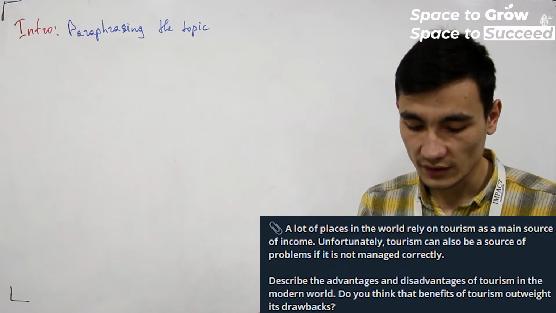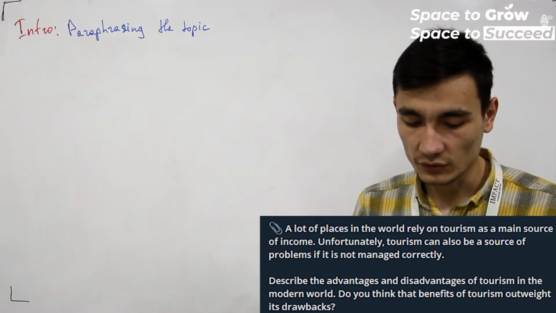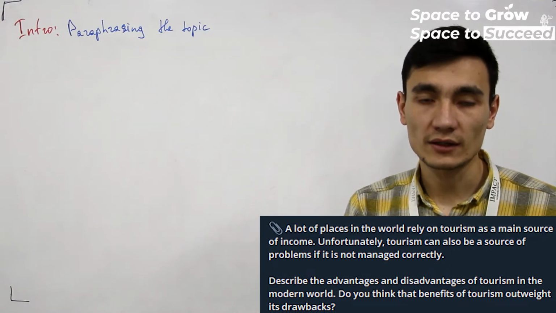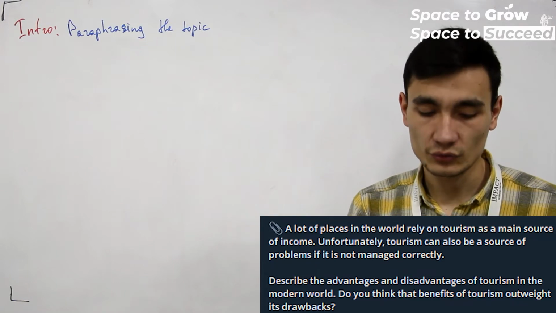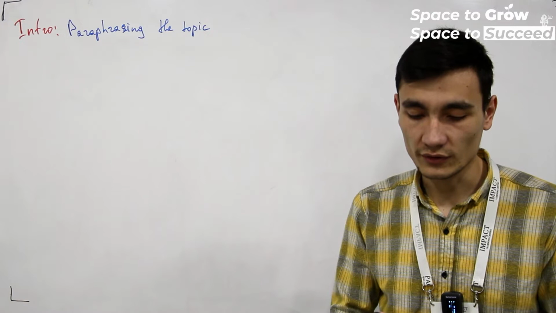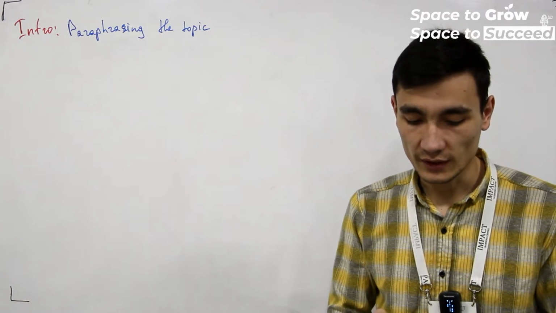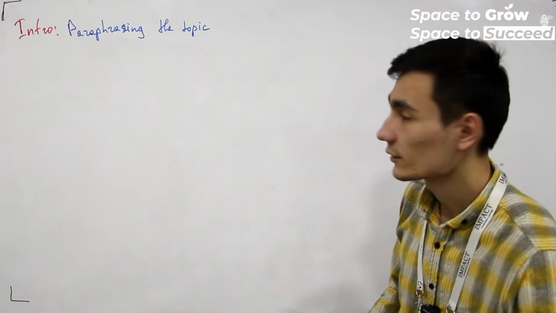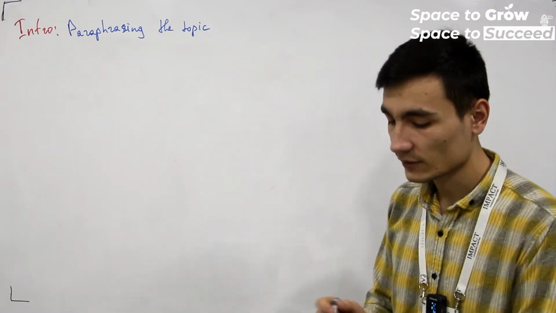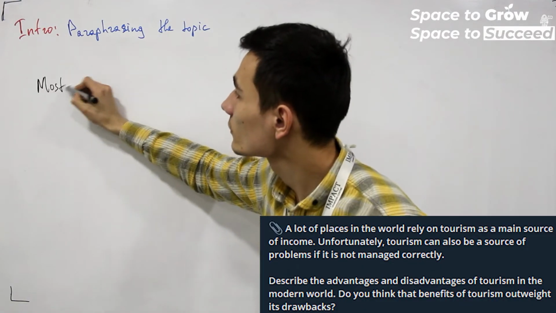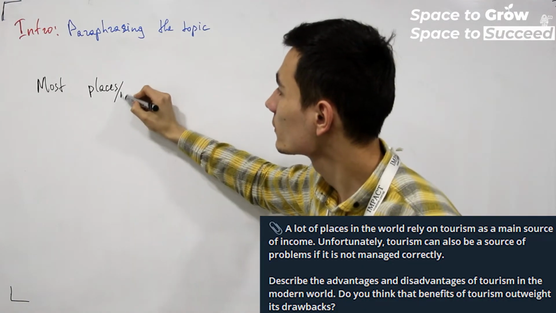Describe advantages and disadvantages of tourism in the modern world. As you see, this is our typical advantage-disadvantage essay, and we have to paraphrase the topic now together using words that are synonyms to the words given. And here, a lot of places in the world. So instead of a lot of places, we can use most places, or we can say most areas